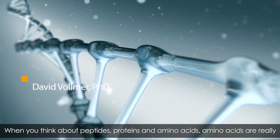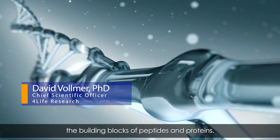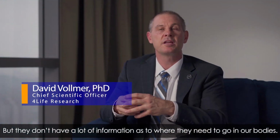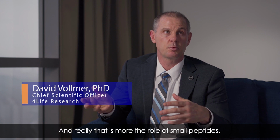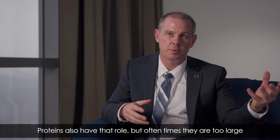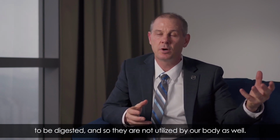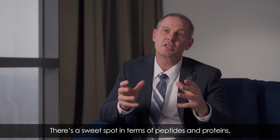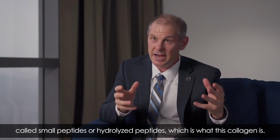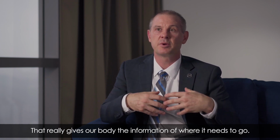When you think about peptides, proteins, and amino acids, amino acids really are the building blocks of peptides and proteins, but they don't have a lot of information as to where they need to go in our bodies. That's more the role of small peptides. Proteins also have that role, but oftentimes they're too large to be digested, and so they're not utilized by our body as well. So there's a sweet spot called small peptides, or hydrolyzed peptides, which is what this collagen is,